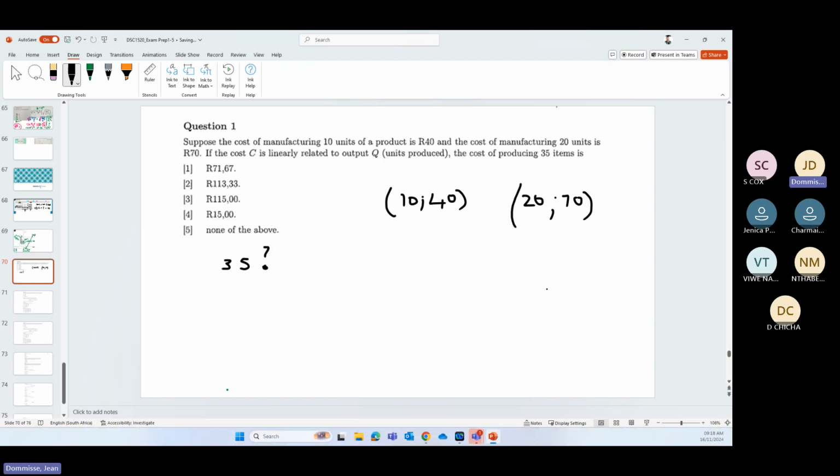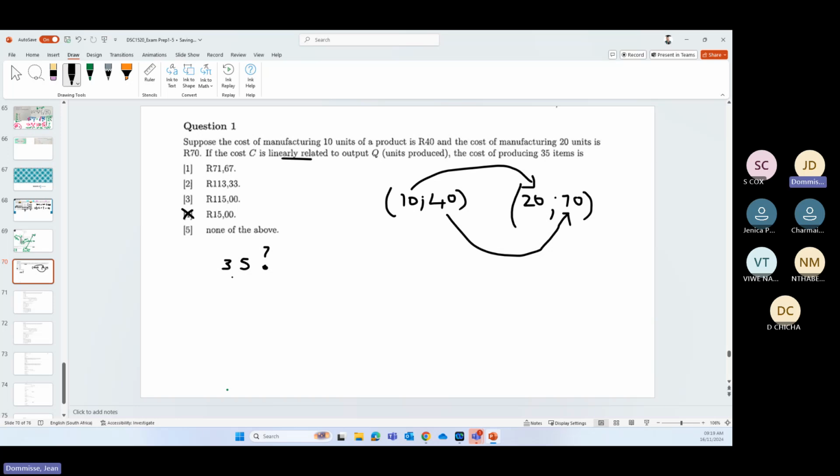And they tell us it's linear, so you can see as 10 grows to 20, 40 goes up to 70. So if you look at these answers,